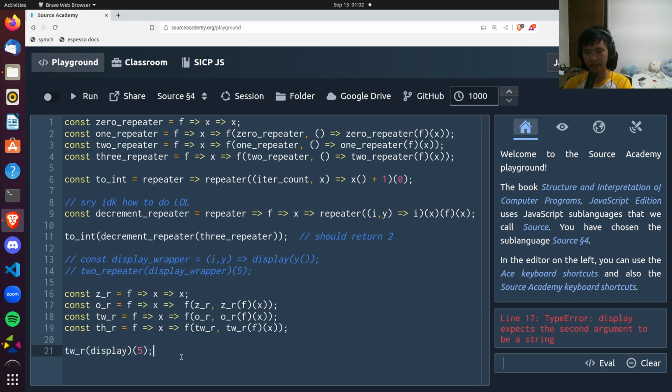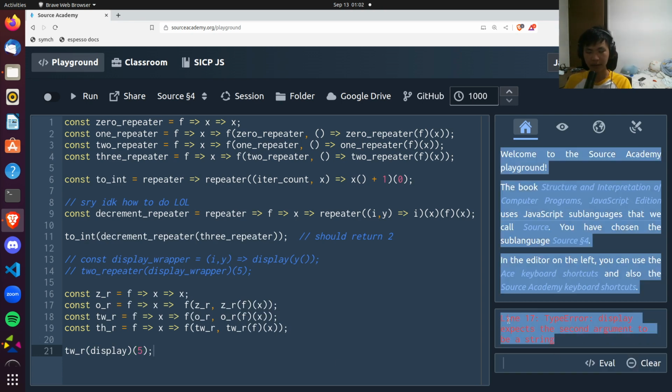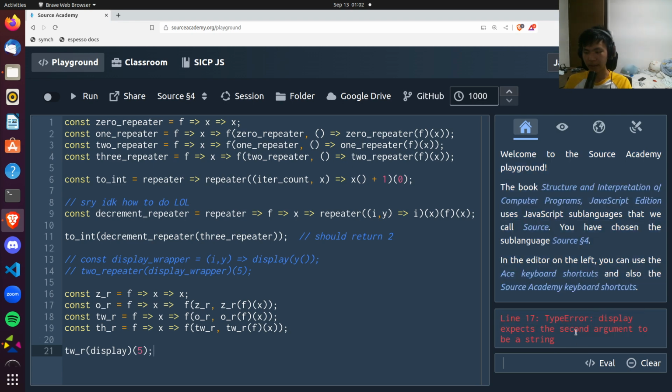If I try to do this right now, we see the error we saw just now, which is that the display expects the second argument to be a string. Basically, what it's saying is that repeater takes in a function f, which is what we pass in as display. This f is the function that we want to repeat 2 times. So it takes in display and it takes in 5,